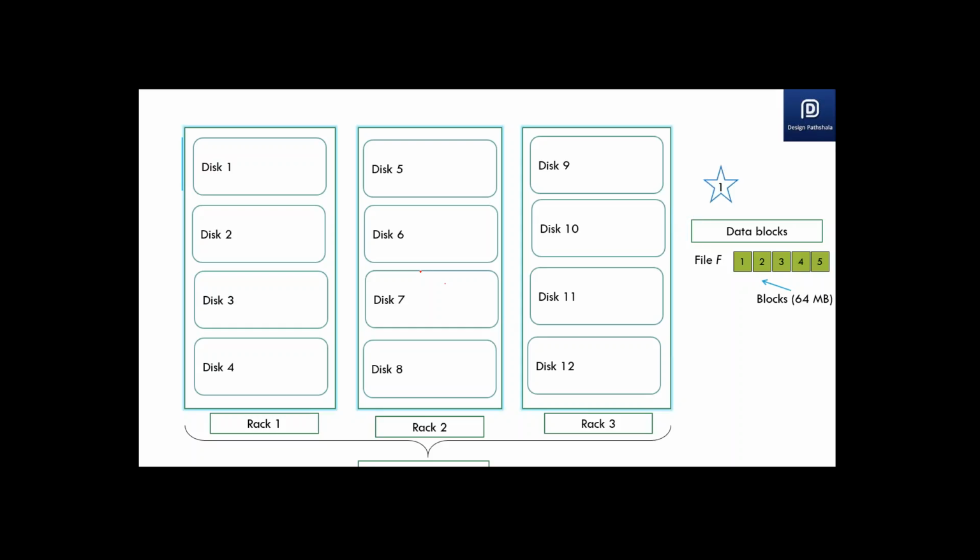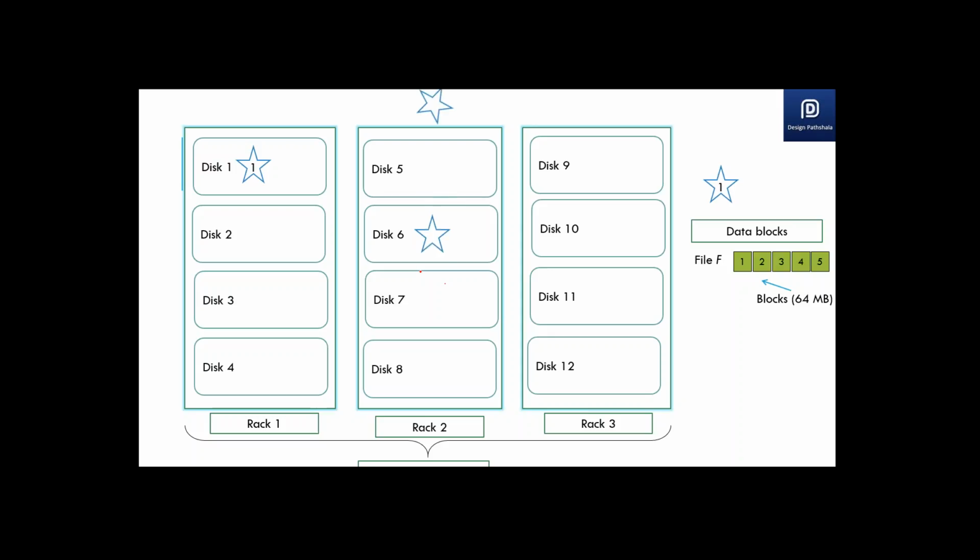That block is placed randomly into any of the data nodes. So it went to disk 1. The blocks are replicated in the cluster. The default number of copies of the blocks is 3, in your ecosystem. You can change them. You can even change it to 1, but in that case your system will not behave like how it needs to behave. You can change that to 5 also, it's configurable, but the default is 3, and the suggested one is also 3. So a minimum of 3 copies of the same data are lying in your cluster.